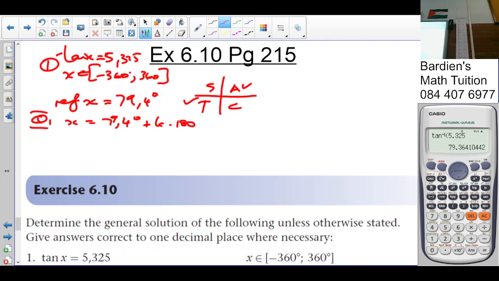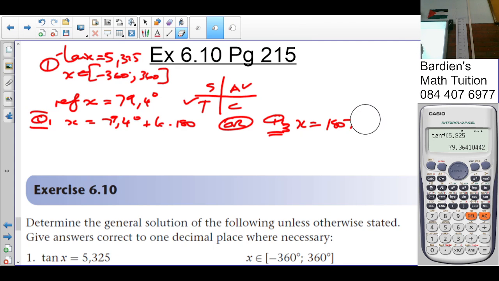Not so. Or in quadrant 3, it would be x is equal to 180 minus 79,4 plus k times 180. 180 plus, yes. This gives us